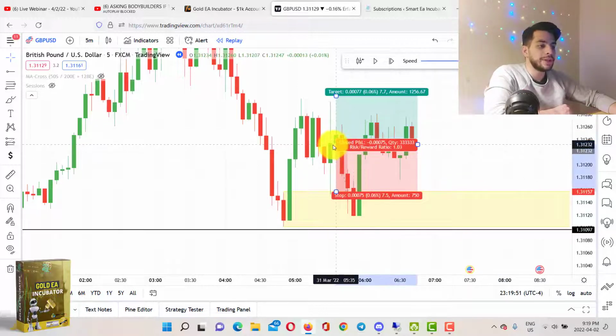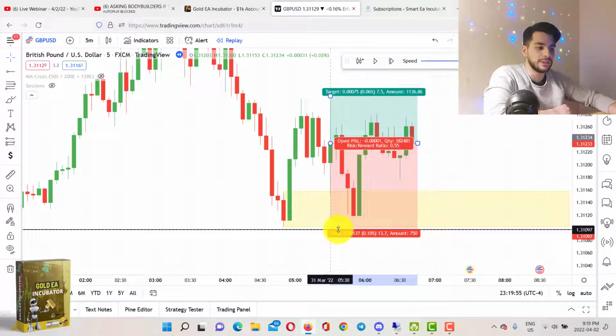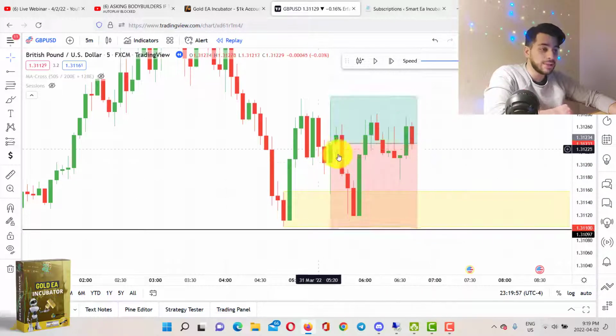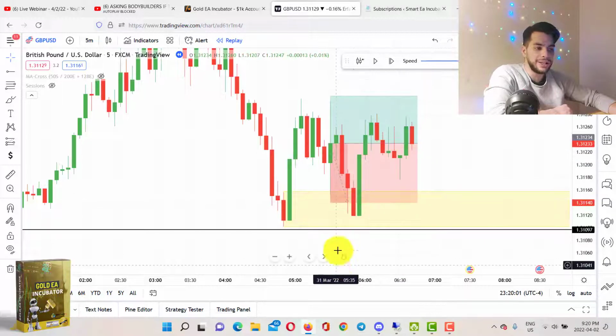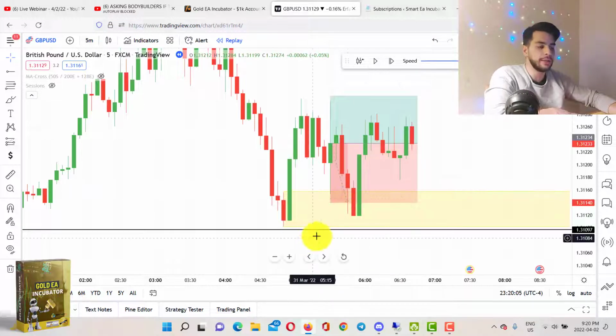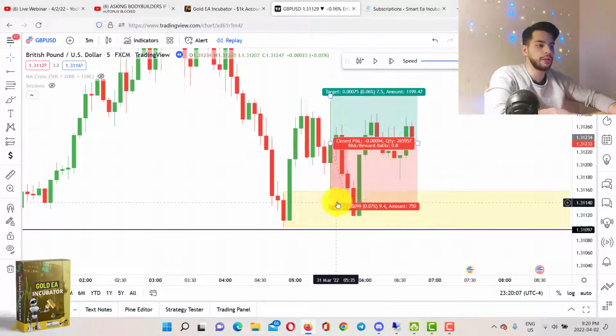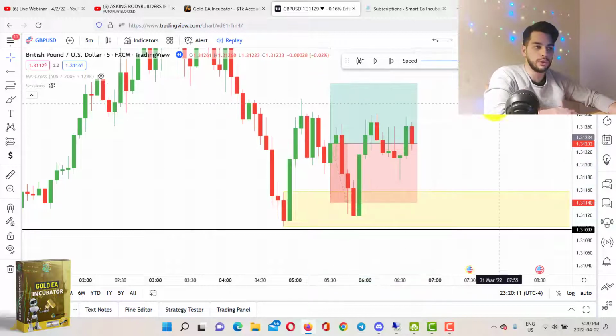But you shouldn't put your stop loss below the candle. It has to be below the zone. See, it has to be below the zone. If it's below the candle, I would have been stopped out right here, because this zone is still valid. This candle tapped into this level, and then I take my long position here. I put my stop loss here, and obviously my TP is going to be here, which is 1-to-1, and